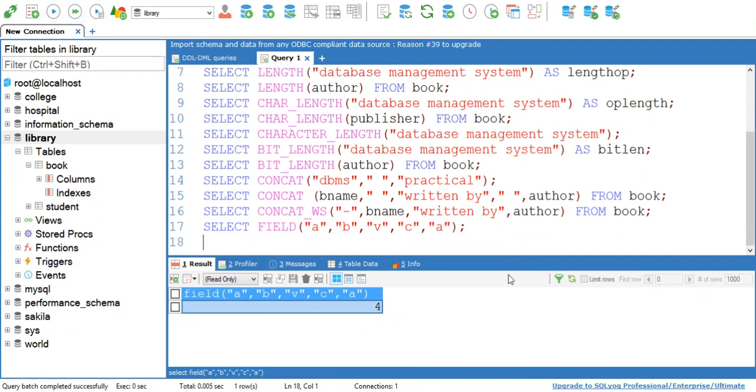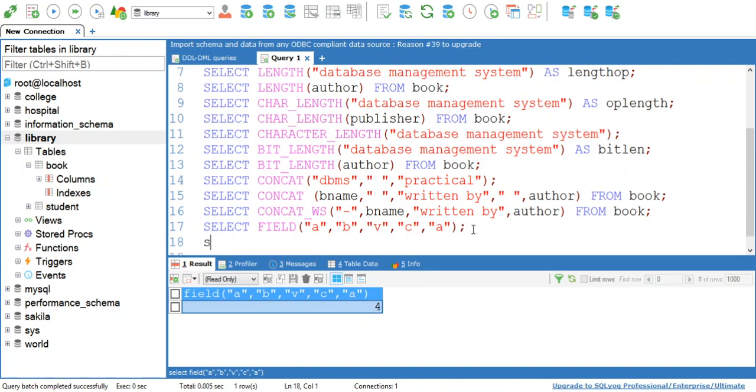As I said, field is used to find out the index position of the first argument in the subsequent arguments. This A appears at the 4th position in my subsequent arguments, so my output is 4 here.